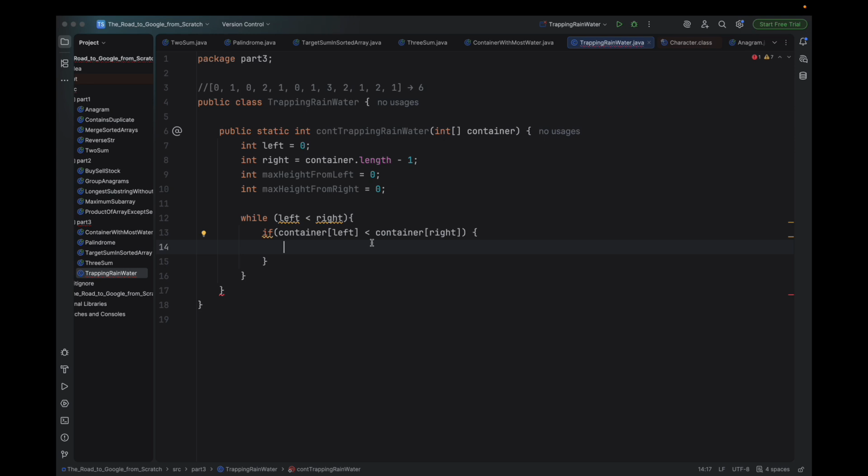Okay, which means that potentially we found the better height of a wall from the right side, and we potentially need to find the better height from the left. So we need to move the left counter. So let me show you an example. Let's imagine that we are here. We know that our best height from the left is 2 and best height from the right is 3, which means that potentially we can find a better height from the left. So we need to